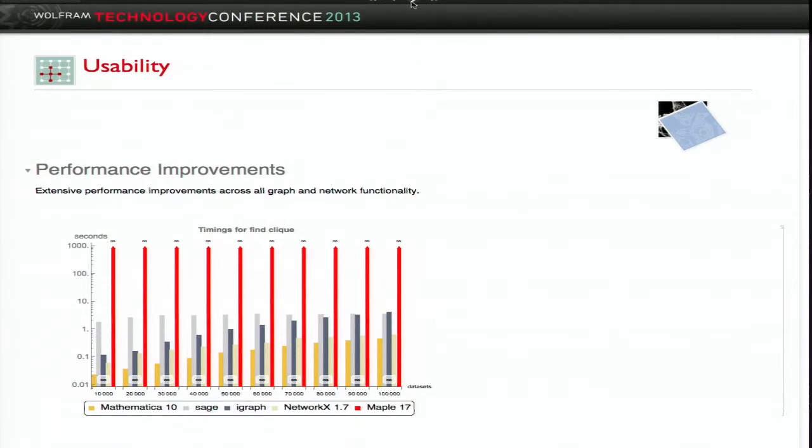Okay. So now let's talk about what is new. I mean, what you are going to see, what is going to advertise and motivate you to buy more Mathematica. So